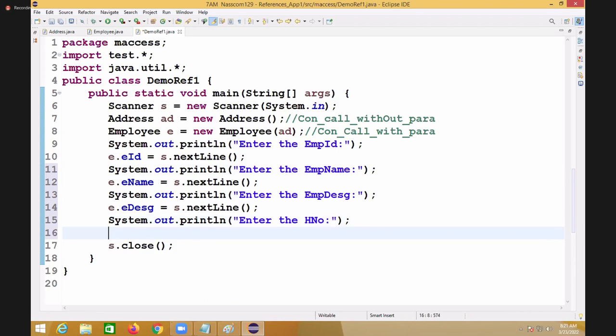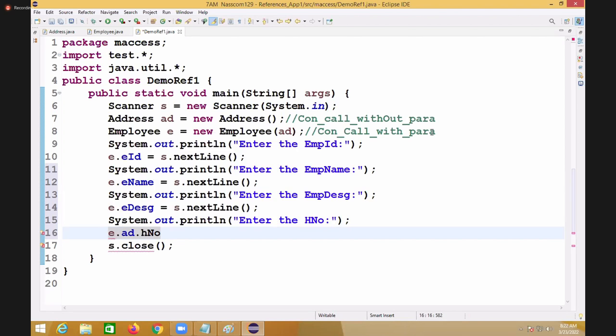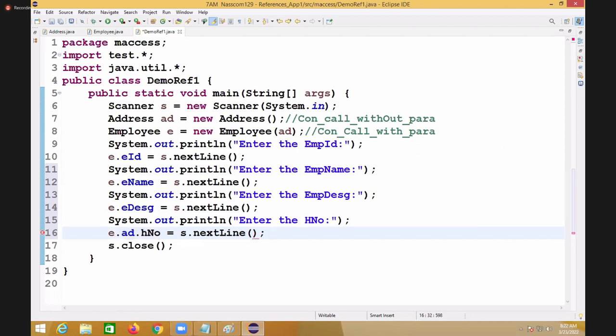Whenever you want to access the house number now, you can access it like this: E dot ad dot house number is equal to S dot nextLine. Right. See there, house number belongs to AD. AD belongs to E. So I can access the object of address